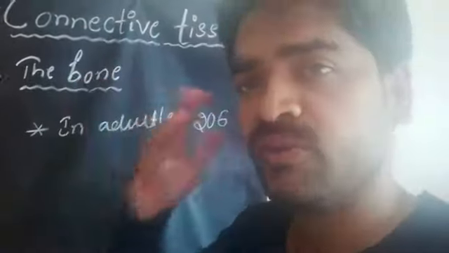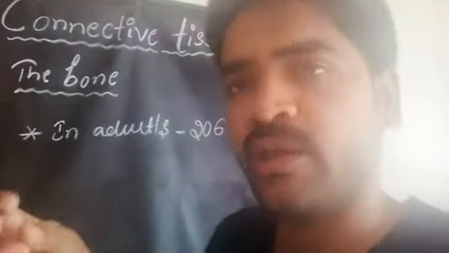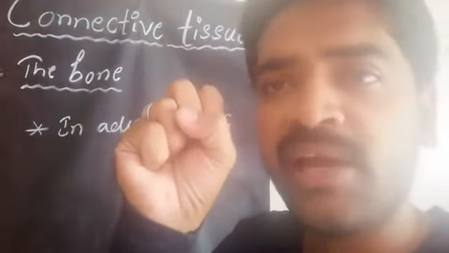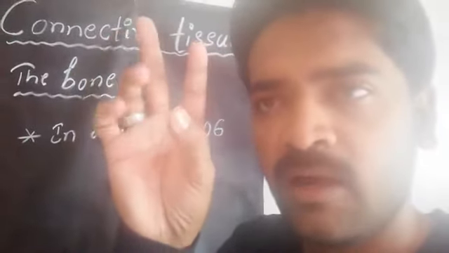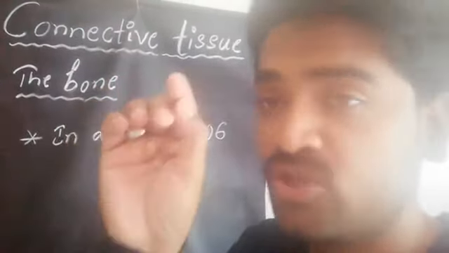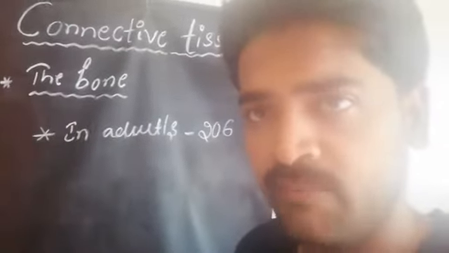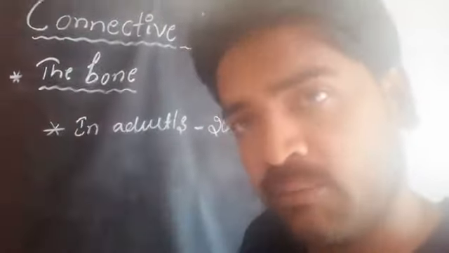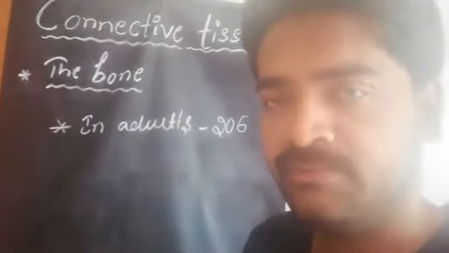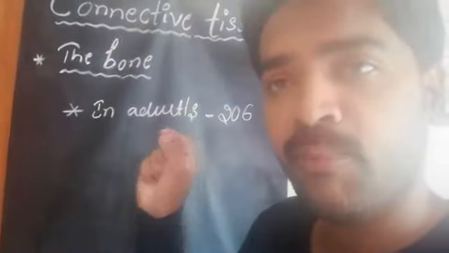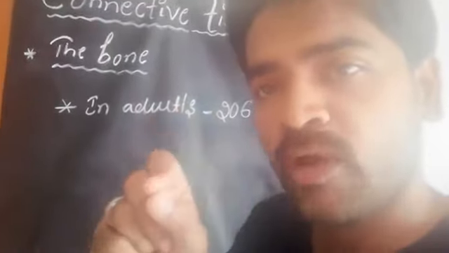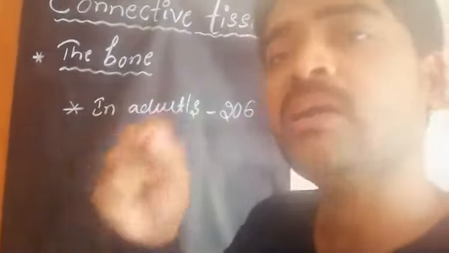In the bone tissues, we can see they are joined together. In the joints, for example in the fingers, we can see the bending of the fingers. At the point of the bends, we can see small bones which are attached together. Bones are connected with other bones with the help of one more connective tissue, that is called the ligament. The connective tissue which connects one bone with another bone is called the ligament.